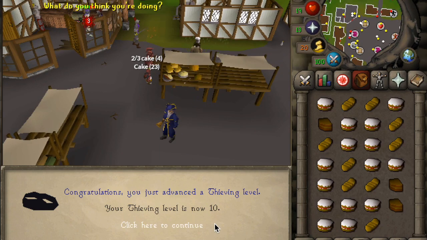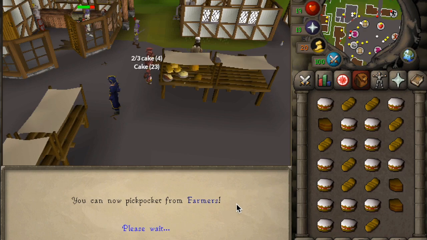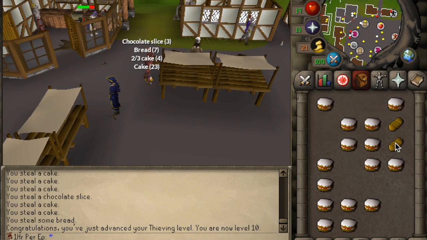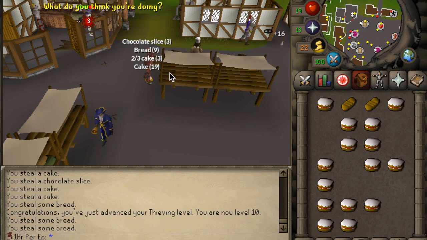Alright guys, and there is level 10 thieving, and I realize, oh, I can now pickpocket farmers, that should be good for farming. I realize it makes most sense efficiency-wise and food-wise to only keep the full cakes. Obviously you should have been doing that, but whatever. Anyways, so I shall continue with that method, and we'll see you basically at the end of the hour, or